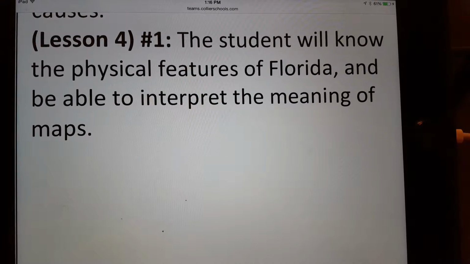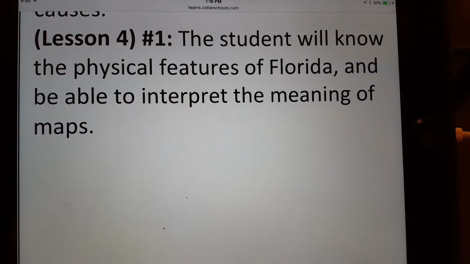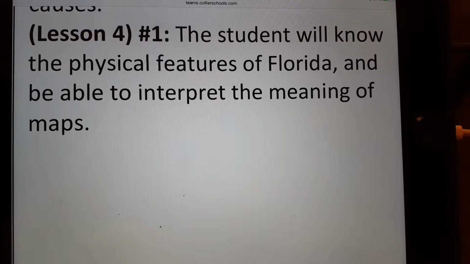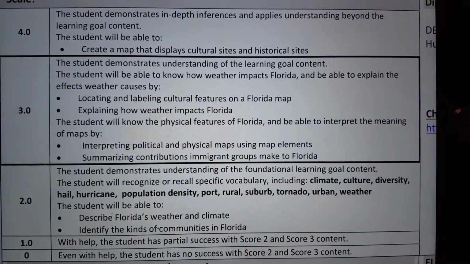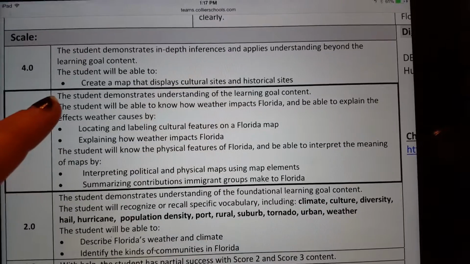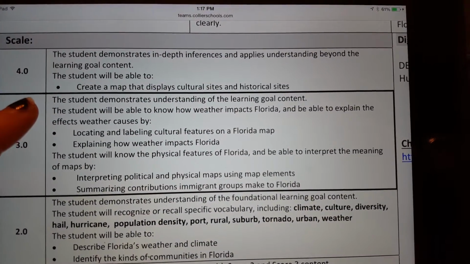The Lesson 4 learning goal. The student will know the physical features of Florida and be able to interpret the meaning of maps. Here's our scale. To get a 3, which is what you're aiming for, the student demonstrates understanding of the learning